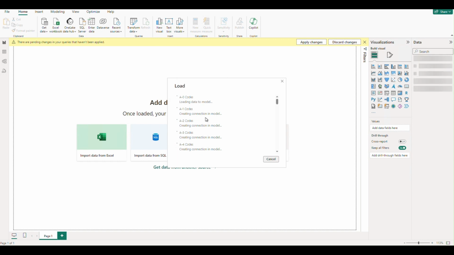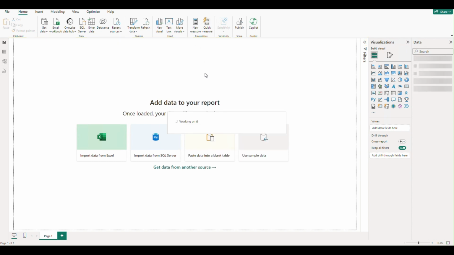Start creating the connections in the models, loading that data into the model, and it will start showing us the number of rows in each table that are coming in. Once that's completed,